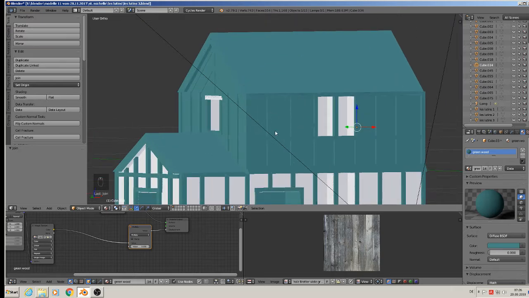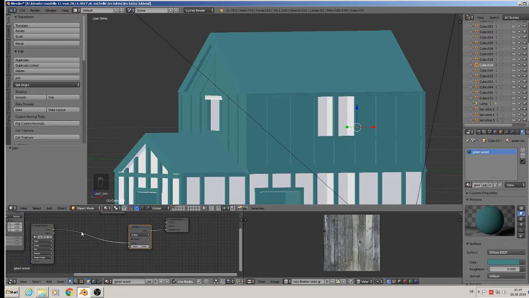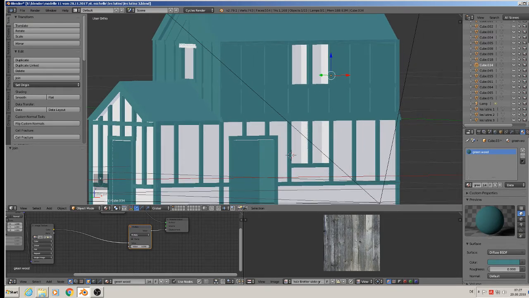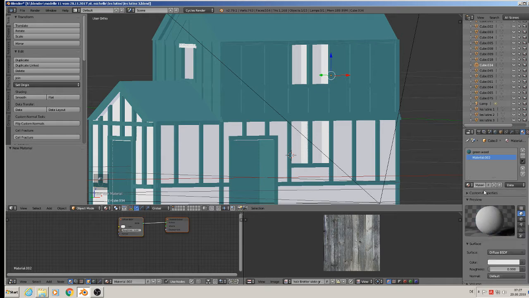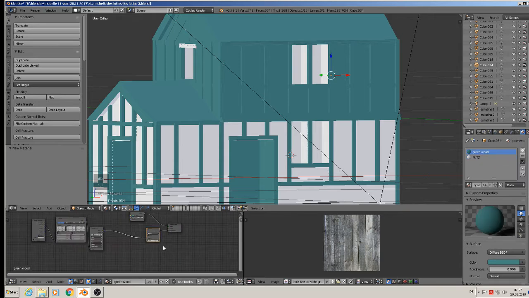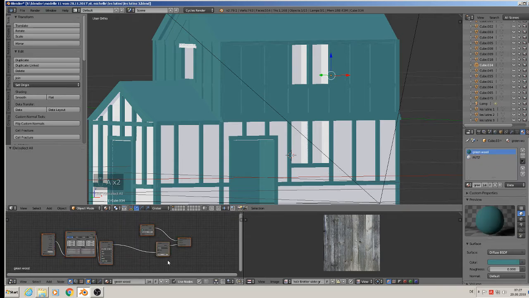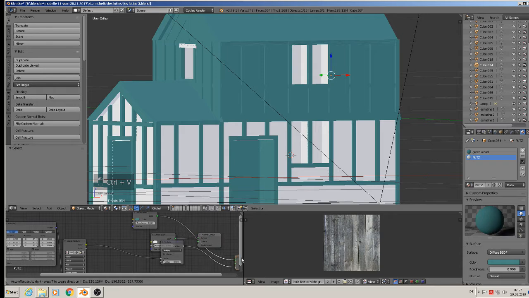We now need the wall stuff itself. Sure, we are not ready with that, but we go up plus. We call it Putz again. I told you that in the last tutorials. In Germany, that's the word for that wall color there. We can take the same as here, so A to select all, Control C to copy, go to the other material, Control V to paste, delete what we don't need,